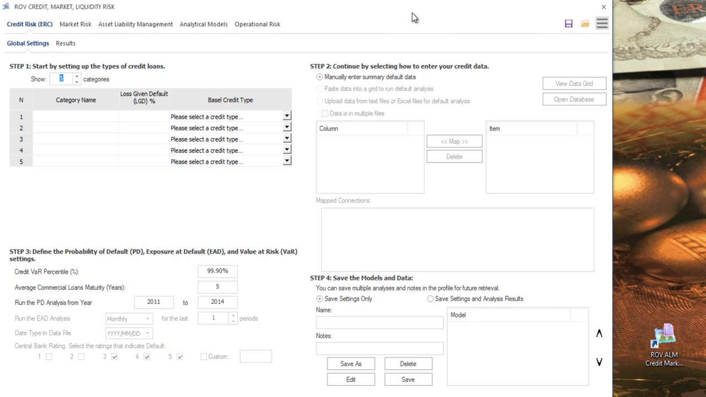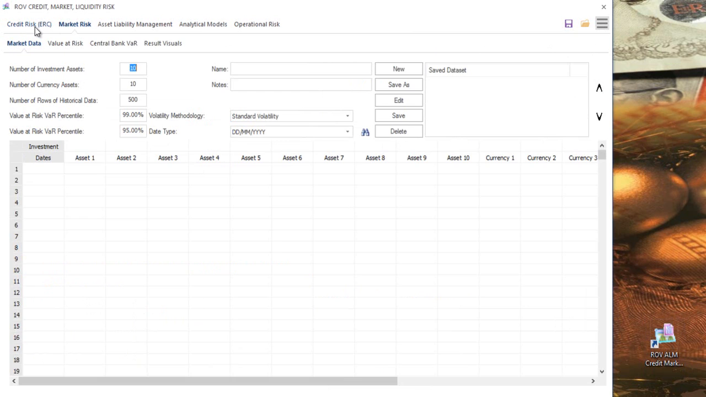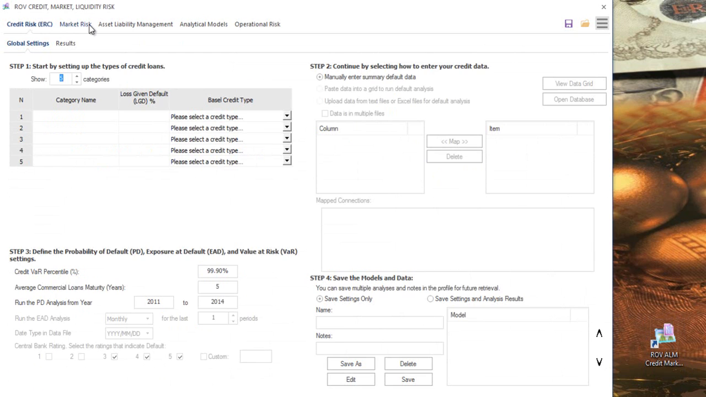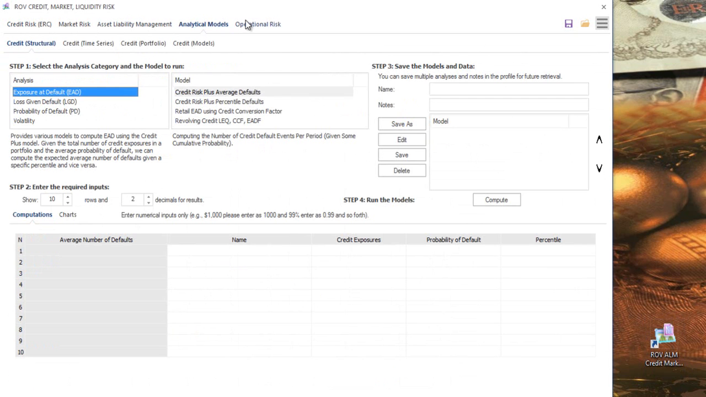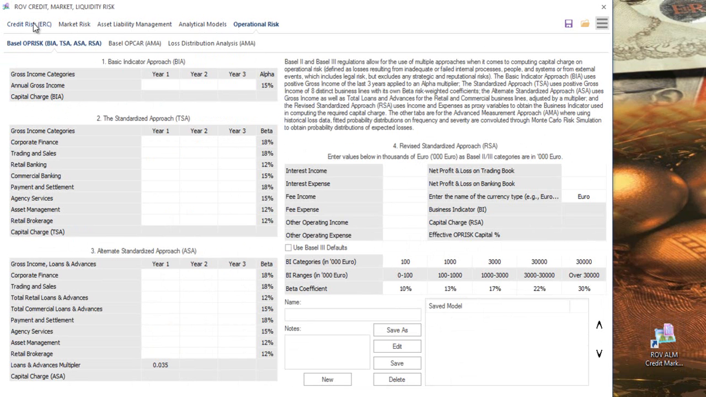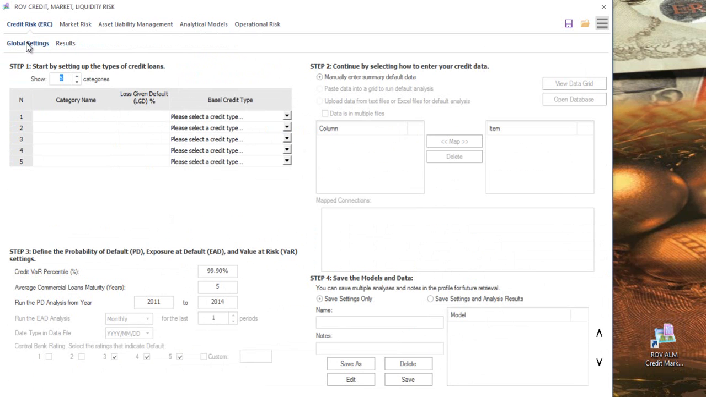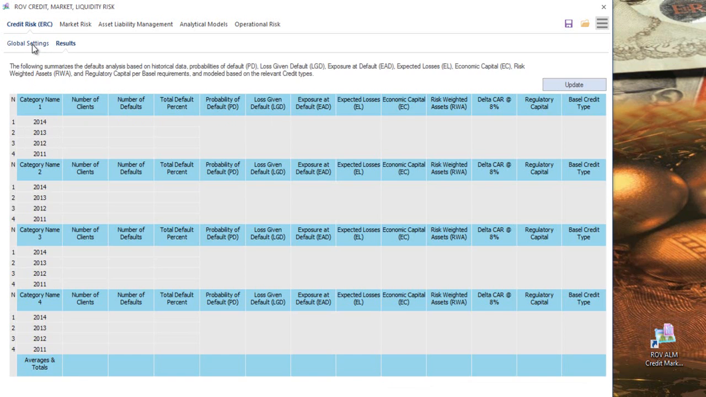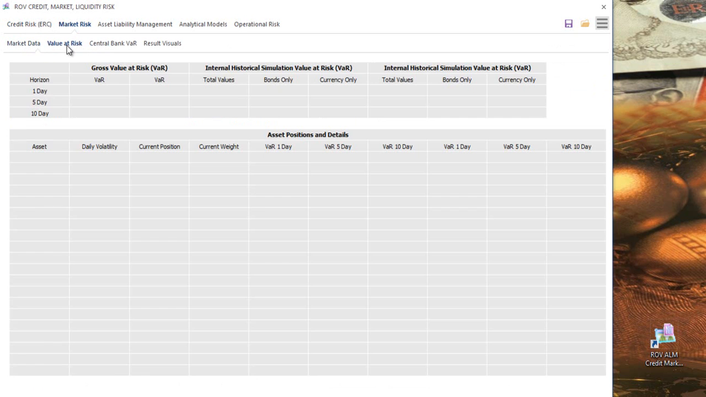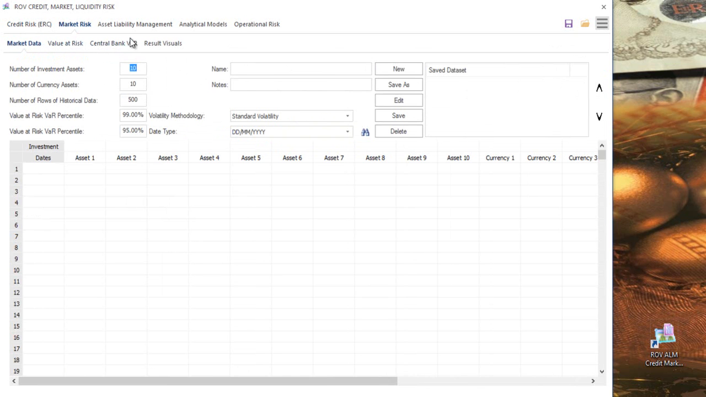is this user interface. And in the user interface, you have multi-level tabs. In this case, we have credit market risk, asset liability management, analytical models, and operational risk. Now, for instance, if you go to credit risk, you will have the ability to set up global settings, results, market risk, and you can see value at risk, central bank value at risk, results visual, which are charts, asset